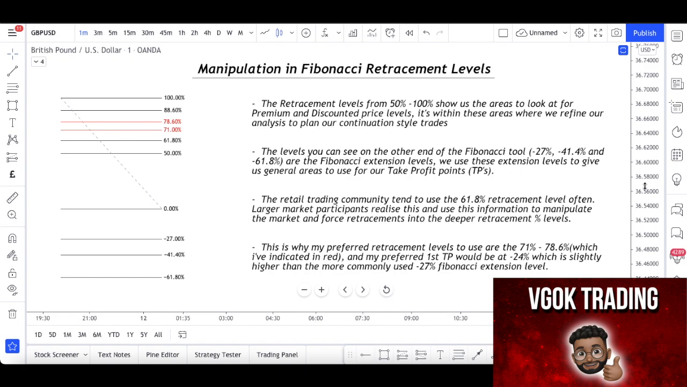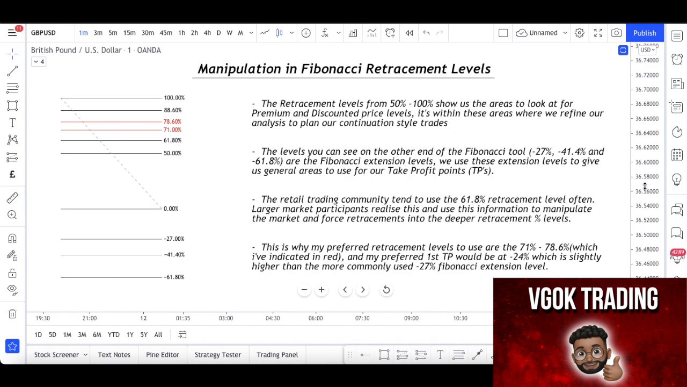This very fact leaves retail traders extremely susceptible to market manipulation, because the larger market participants, the market makers, the people that really drive the market, so I'm talking about the investment banks and the hedge funds, realize this occurrence, and they actually force price into the deeper retracement levels to try and trigger our stop losses